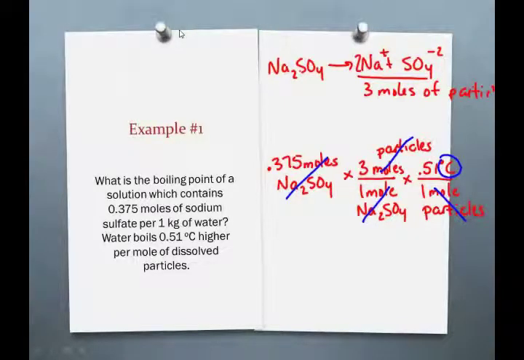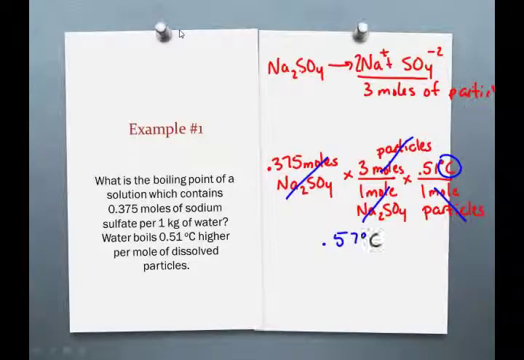When I put those numbers into my calculator, I have 0.375 times 3 times 0.51, and that gives me 0.57375. I'm going to go with the 2 sig figs in my 0.51,